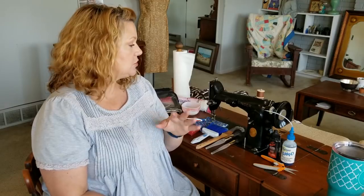And people said that they had a machine like that that was their grandmother's, or maybe they had a vintage machine in their life and they weren't sure how to do it, or maybe they were interested in vintage sewing machines. And so I wanted to just talk to you a little bit about how to get into vintage sewing machines